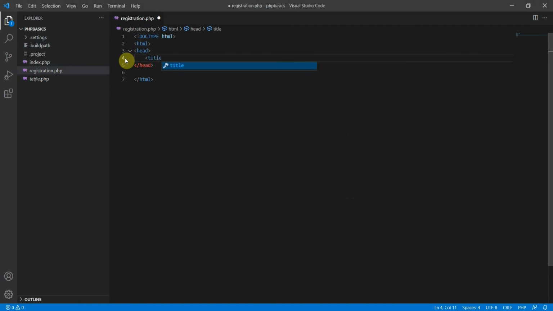Here you can have the title of the page. Let us say, registration. Well, let's put it this way: user registration form using PHP. Now